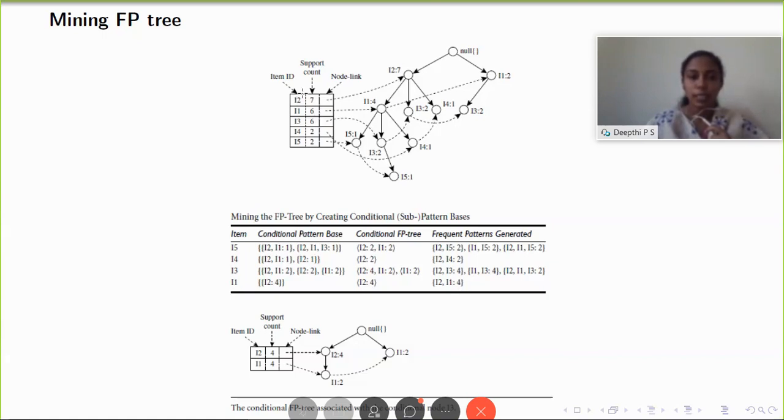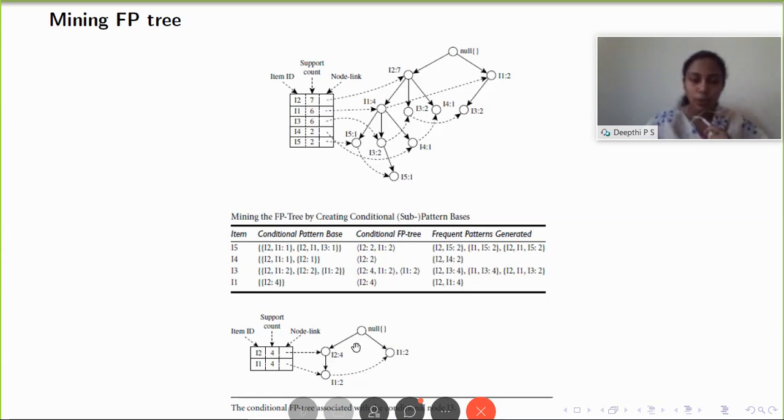Now, take the next transaction, that is the last one, that is I2. If you consider I2, there is only one node labeled I2. That is the child of this root node. So, you don't have any prefix node. That is why we have not considered it here. So we have considered all items in the reverse order and found out the prefix nodes in the path from root and recorded the conditional pattern base. From that, we will generate the conditional FP tree and the frequent pattern generator.